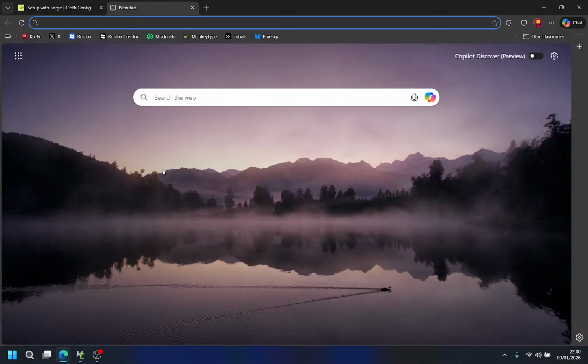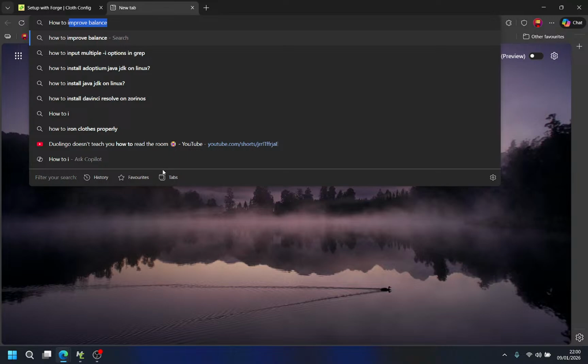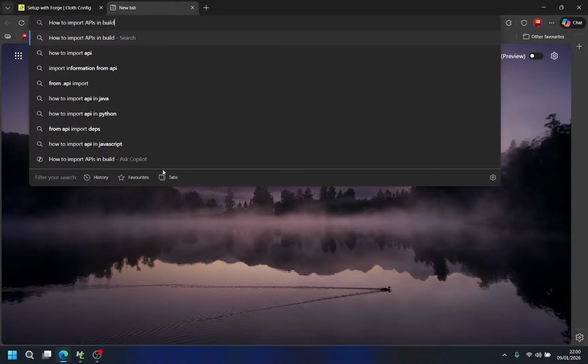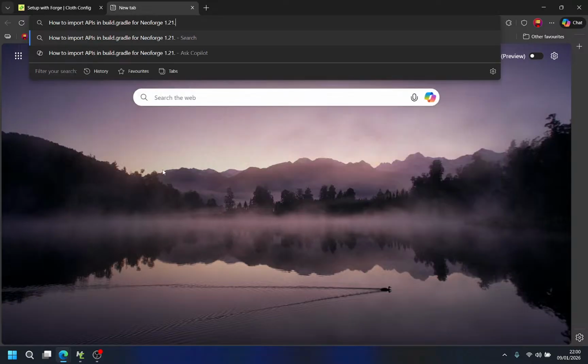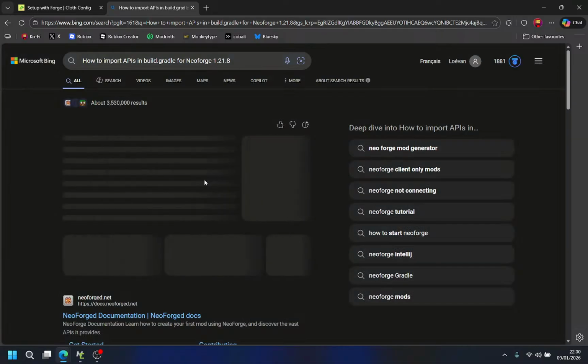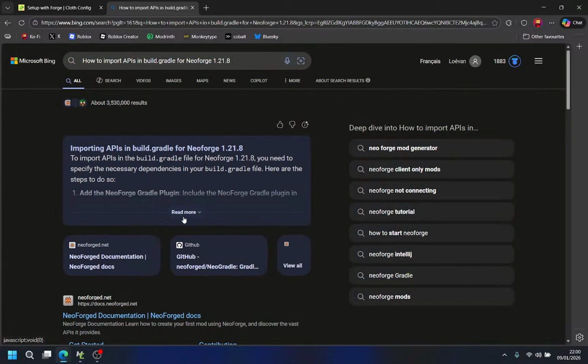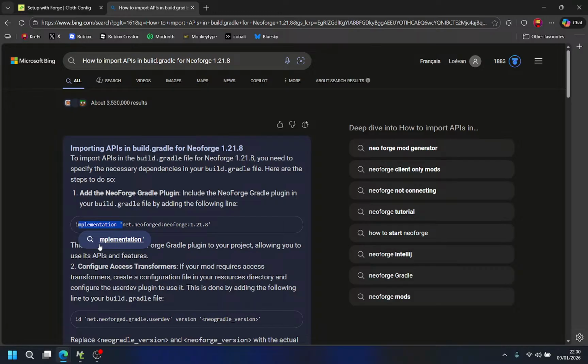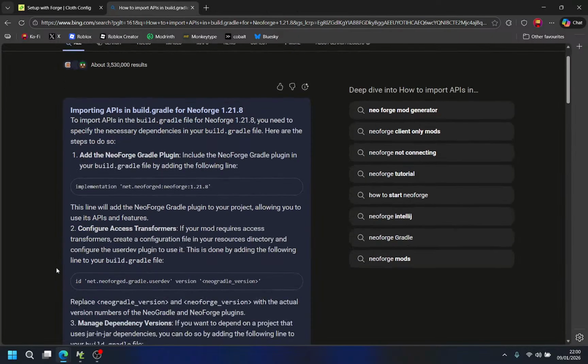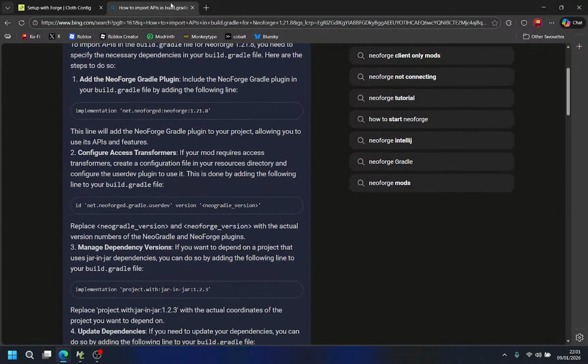How to import APIs in build.gradle for Neoforge 1.21.8. Implementation. Oh, implementation.